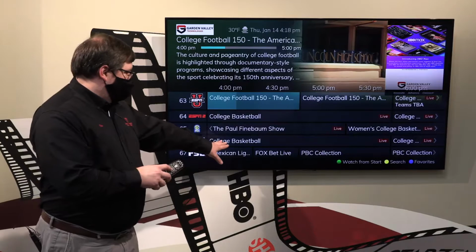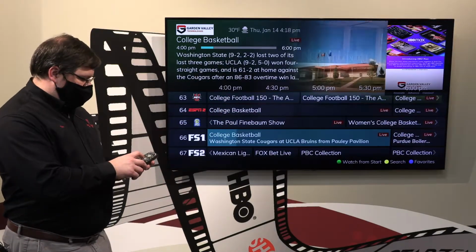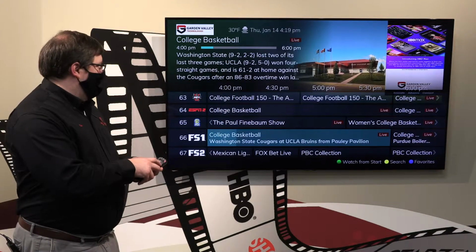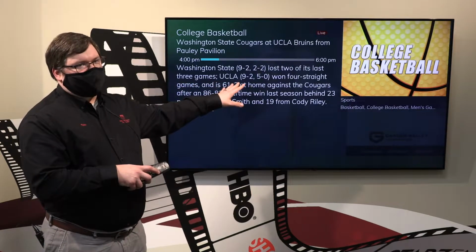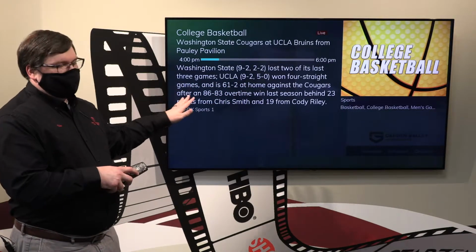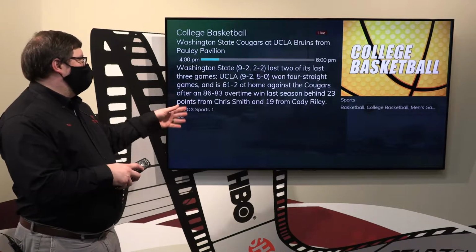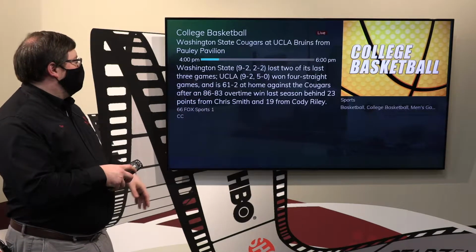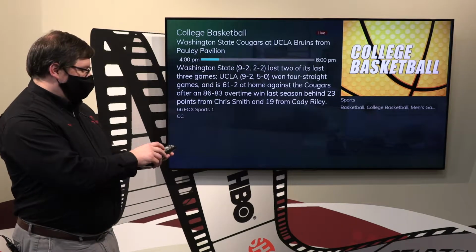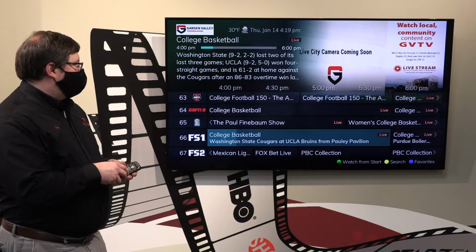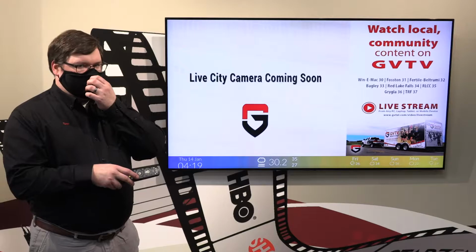I see here's college basketball. If I hit my info button on there, it'll tell me who's playing. Here it tells you the records. So I use it a lot on sports because a lot of times it'll just say college basketball, college football. So I can look to see who's playing and get the lowdown that way. And then I can just hit exit to go back and start back over,